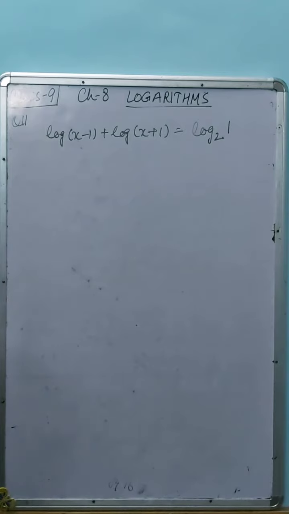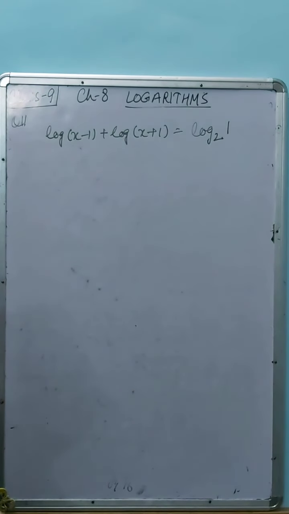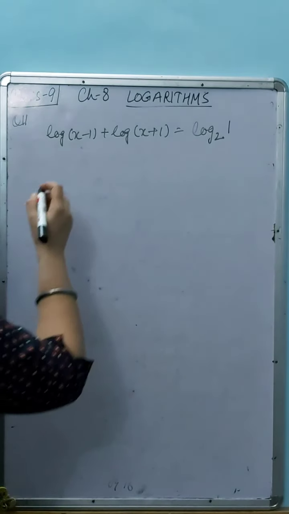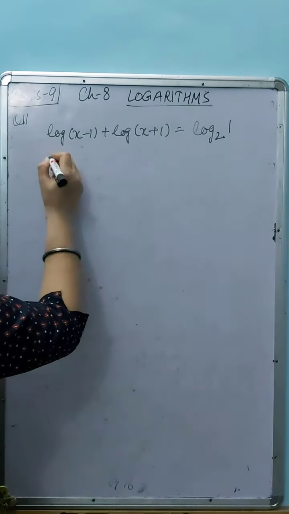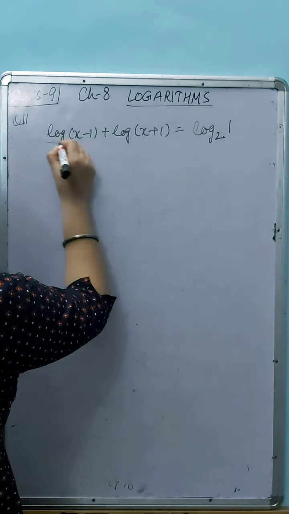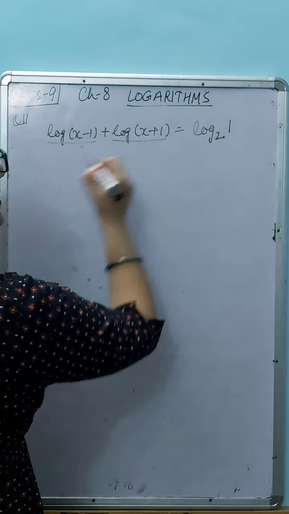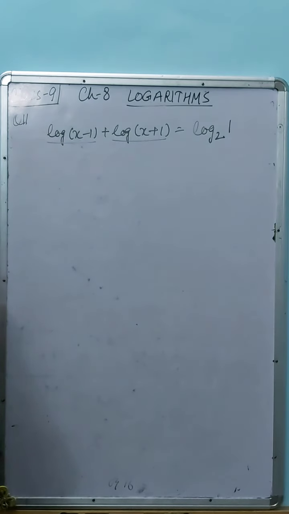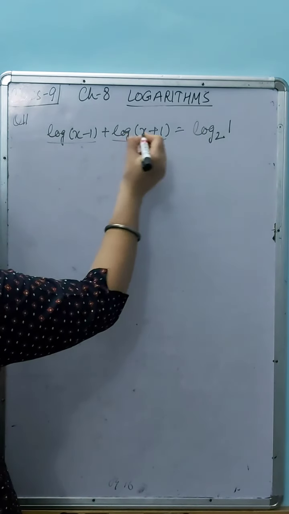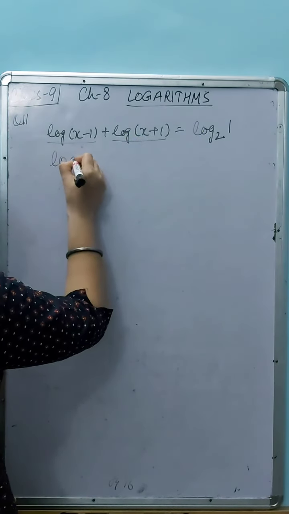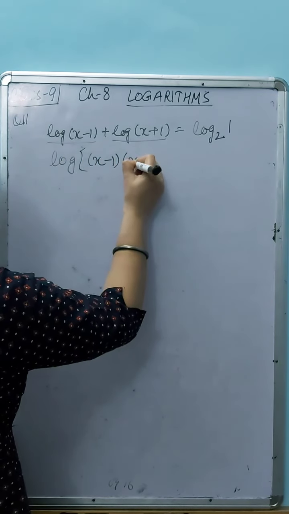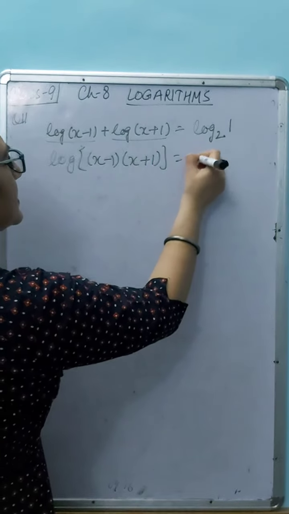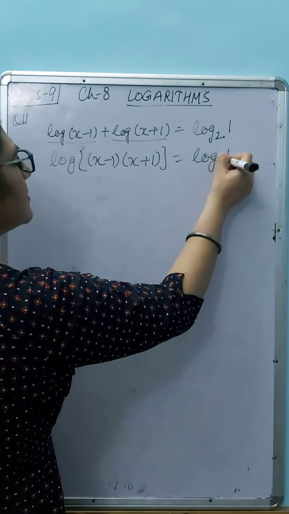So dear students, all questions are very much similar. What we have discussed, only this law is applicable in this exercise. But in the 11th question, and maybe the 10th question also has one like this: log of one term plus log of another term. We have to find x in this question. Log a plus log b is log ab. So log (x-1) into (x+1) is equal to log this.